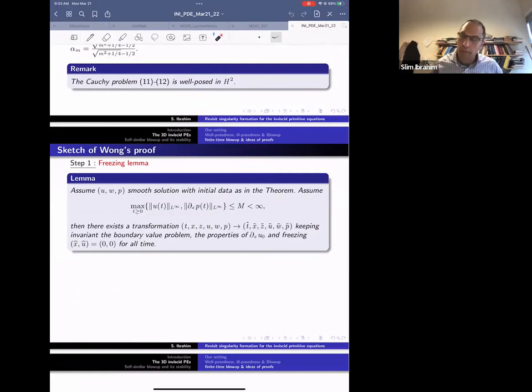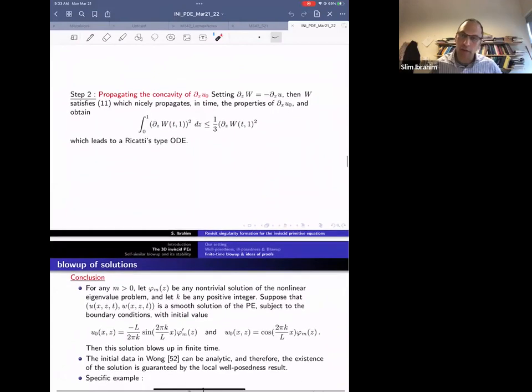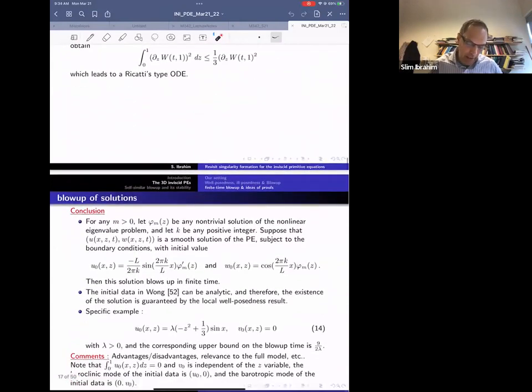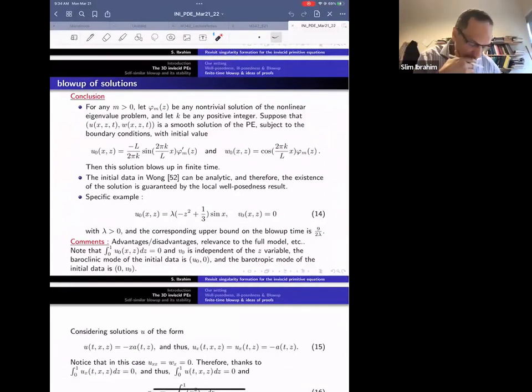Then you can find the trajectory for which the derivative goes to minus infinity. Okay, so something happens, but it's not clear what exactly happens. Okay, so this is the first observation, and that was the reason why we wanted to revisit this singularity formation